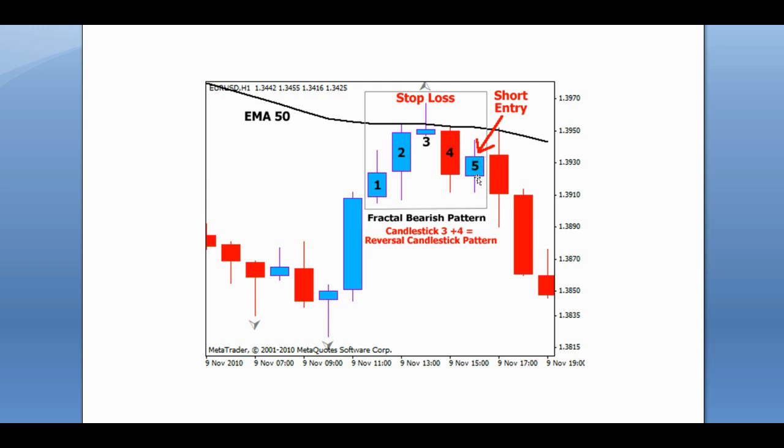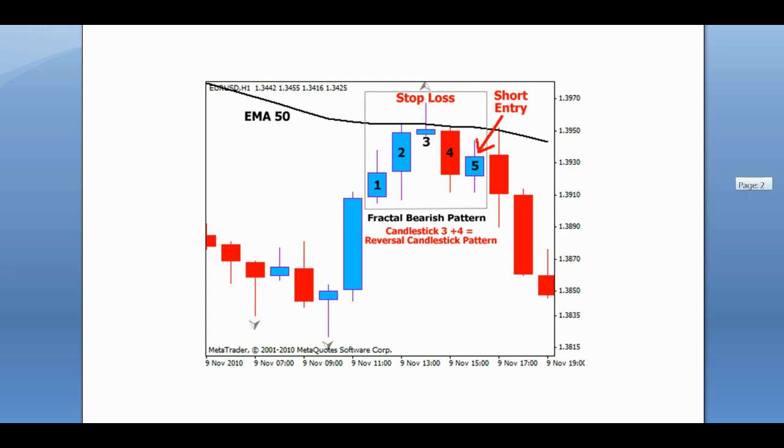So if this were green, or in this case blue, if it were an up candle, in other words, you could take a short position at the top of the body here, where it closed, in the 5th candle of the pattern, and then put your stop loss at the top of this 3rd wick, upper wick here. Okay? And if there was no upper wick, then just the top of the body. But there is an upper wick, so you could put your stop loss here for your short position.